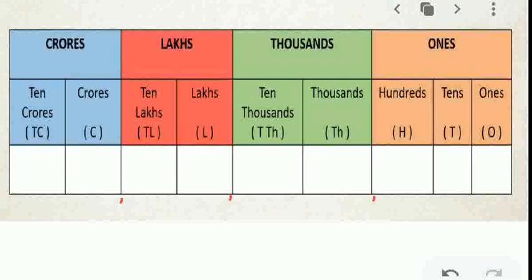To read and write numbers using the Indian place value system, we should put commas. How to put commas? We should separate each period by commas. That means after the ones period we should put 1 comma. After the thousands period, 1 more comma, and after the lakhs period put 1 comma. That is the order of putting commas. So in the ones period there are 3 digits: ones, tens, hundreds. After those 3 digits we put 1 comma. Then again after 2 digits put 1 comma. After 2 digits again a comma.